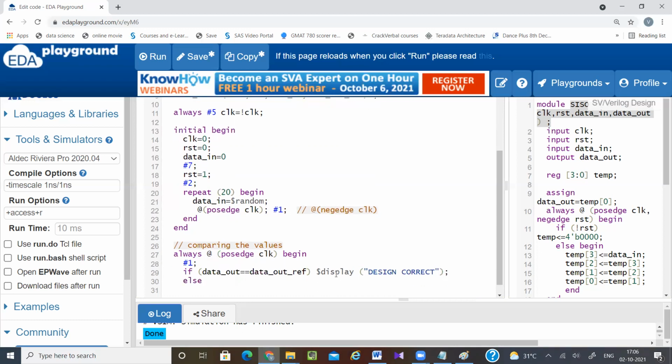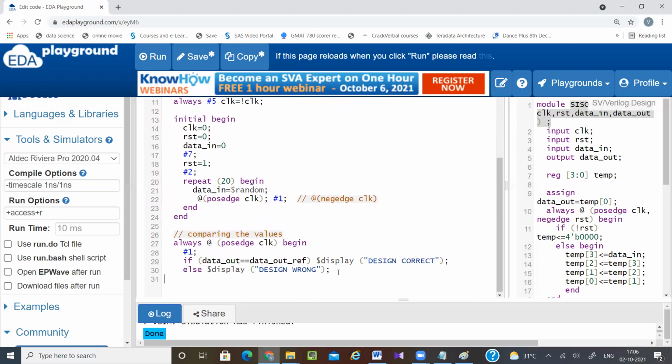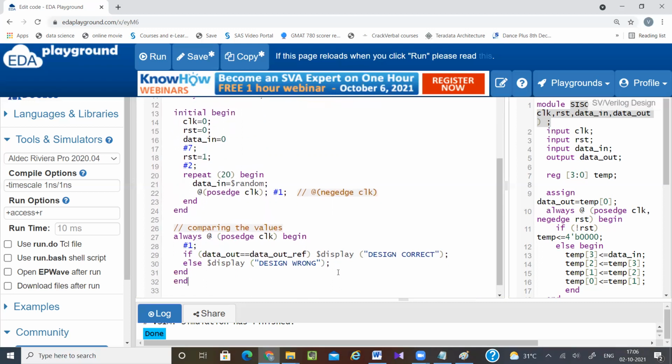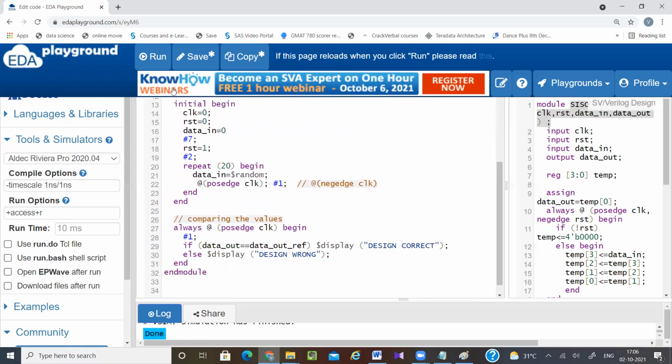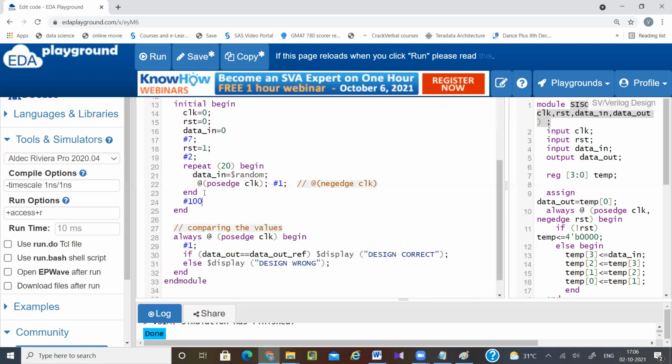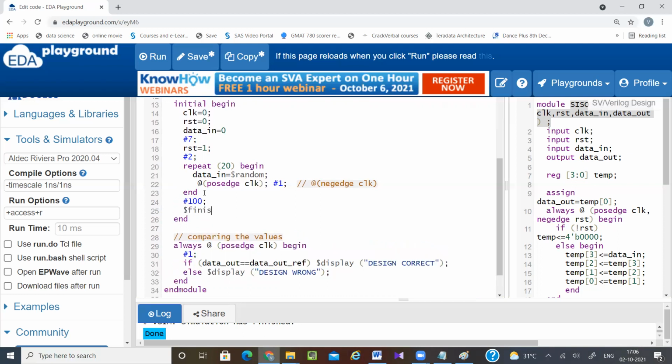Else, design is wrong. And end. Now here I have to give the $finish also. So here after #100, I can write $finish.